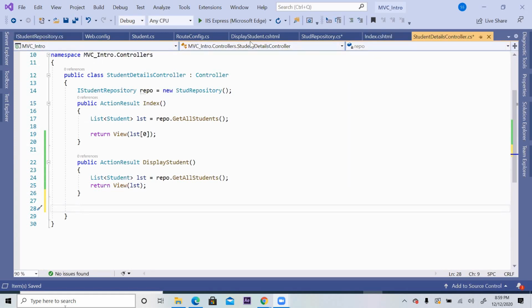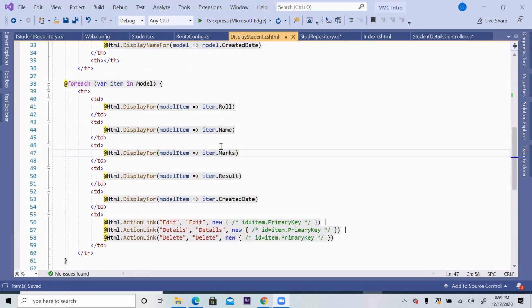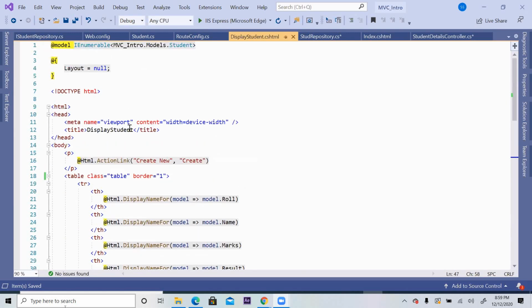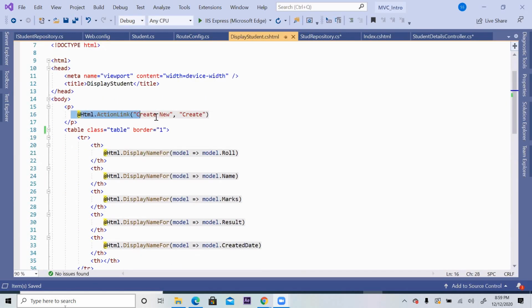When we are looking into this display student data, you can see there is one action link at line number 16. It says if somebody is clicking this create new, I will take you to the create action method. But that create action method is missing. We have to do that.